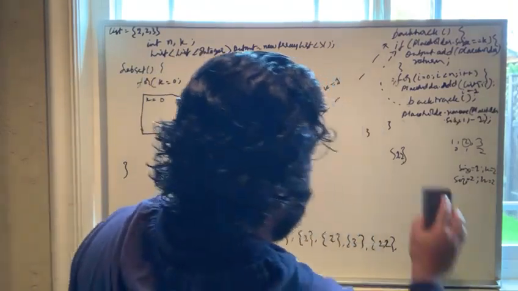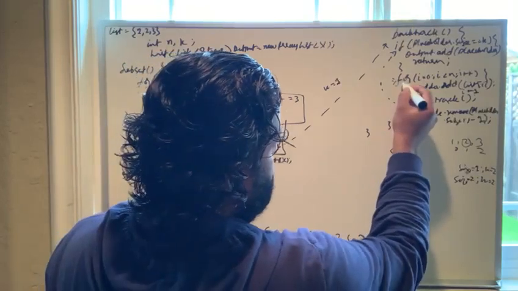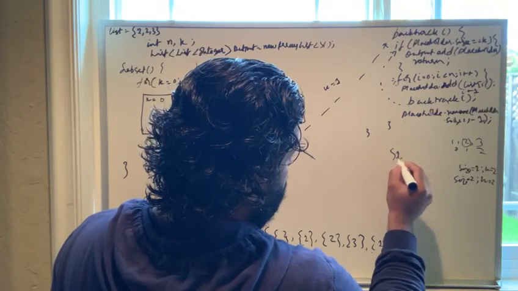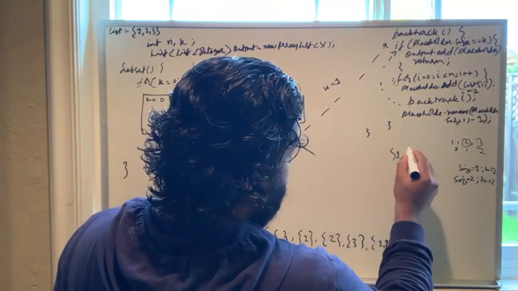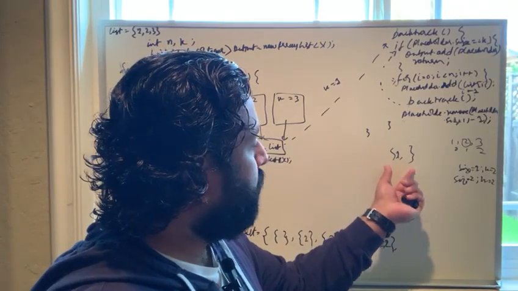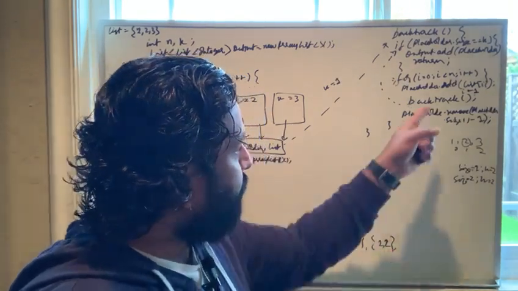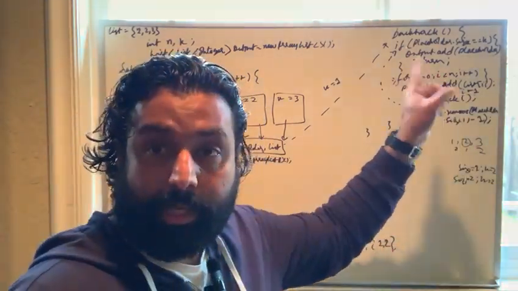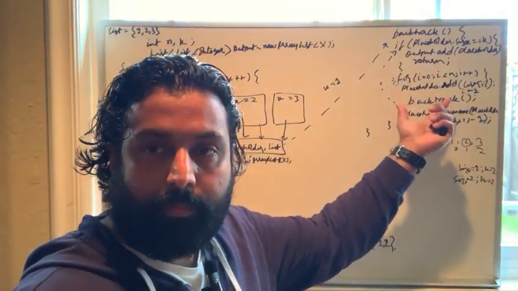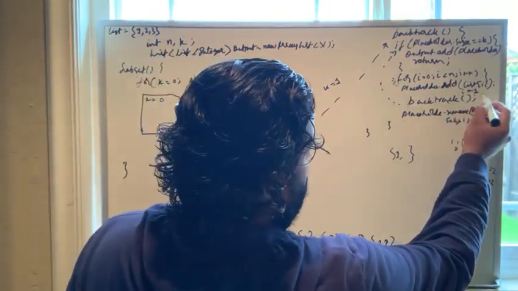And now a beautiful thing happens. We are inside this for loop, which is called the backtrack, and we're going to remove 2 and we're going to keep this slate open. We populated 1 and 2. We're going to remove the last element from the placeholder, and we are still inside the for loop, the second call to the backtrack function, and we are going to increment I plus 1. So we are going to